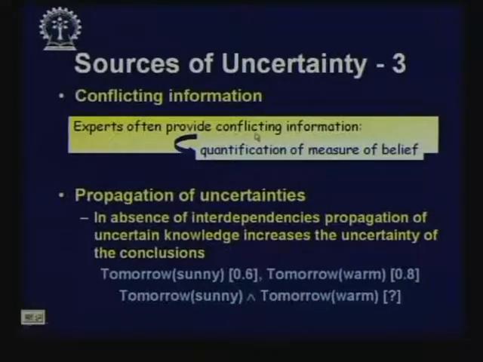It is quite likely that the two doctors may differ in their opinion, if the disease is not a run of the mill regular thing, but some very new peculiar symptoms, and there are different groups of doctors who may differ in their opinion. So, experts often provide conflicting information,